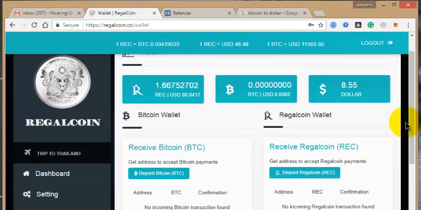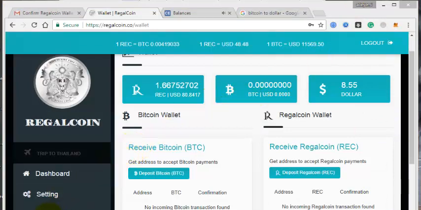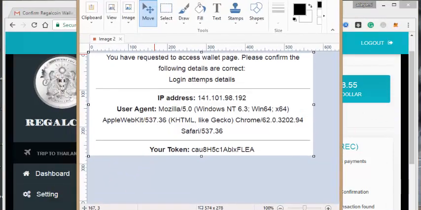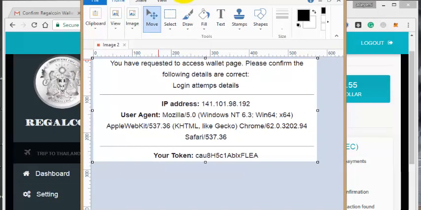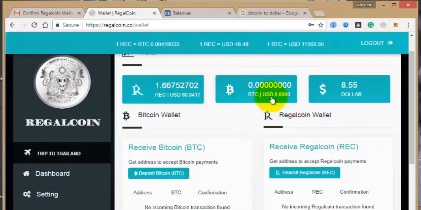Once they send you that code, let me just look for that code. Yeah, I just screenshot the code. The guy asked me not to display his name and the account anyway, so I just screenshot it. So they will ask you to go back to your email address. They will send you something like this. You have a token, so they will generate a token for you to confirm that it's you that wants to log into your wallet, because this is where people can transfer your Rega Coin funds. They can transfer it from here. So that's why they generate that code for the owner of the account.